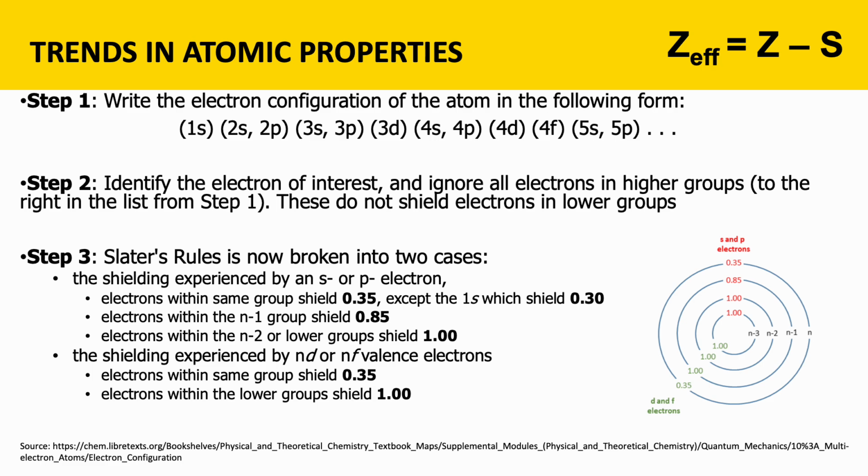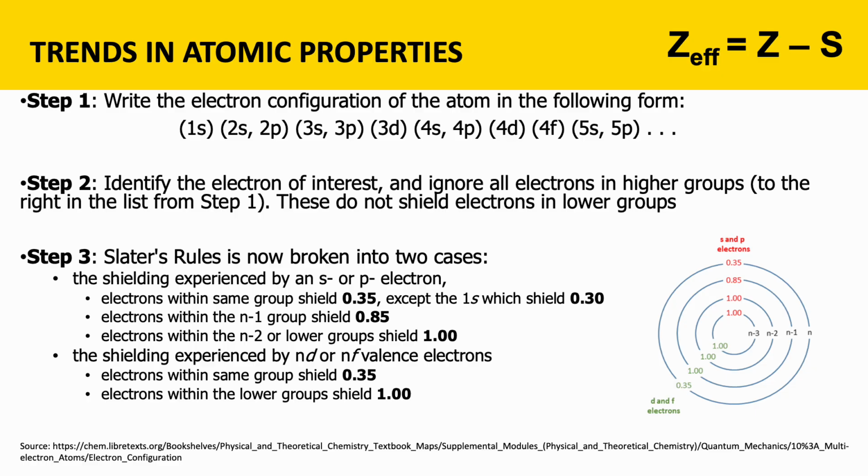Okay, so on step one, in finding the Slater's value using the Slater rule, you write the configuration of the atom in the following form. You group it according to their principal quantum number. If 1, so 1. 2, group is 2. You look at the principal quantum number, okay?